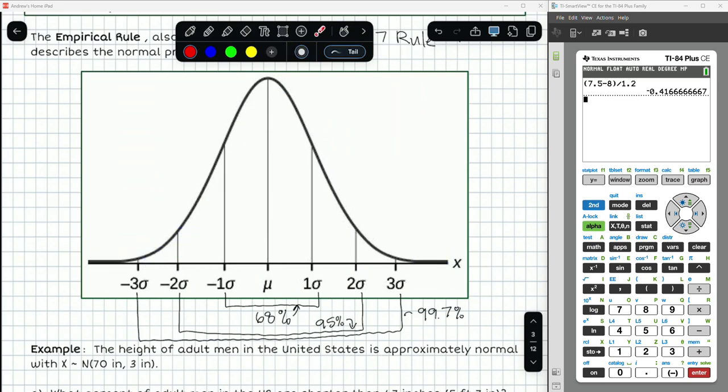The question is, why do we need to know this? We know that there's calculators that can do this math for us. The answer is the empirical rule helps us estimate probabilities quickly for situations where I can do it without a calculator, which is nice. But it also helps me check the answers my calculator spits out. If I know what the curve looks like and I have an accurately drawn picture, I can make a guesstimate of my answer before I do the math